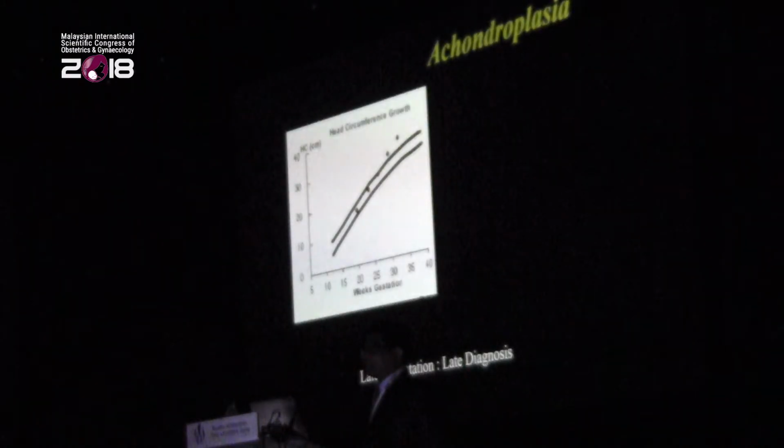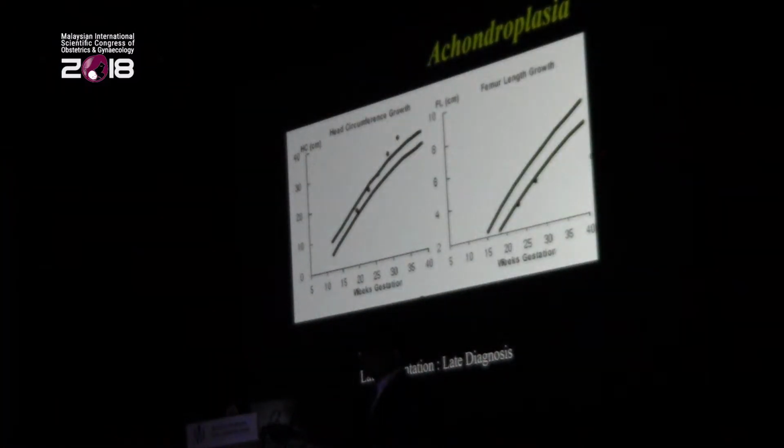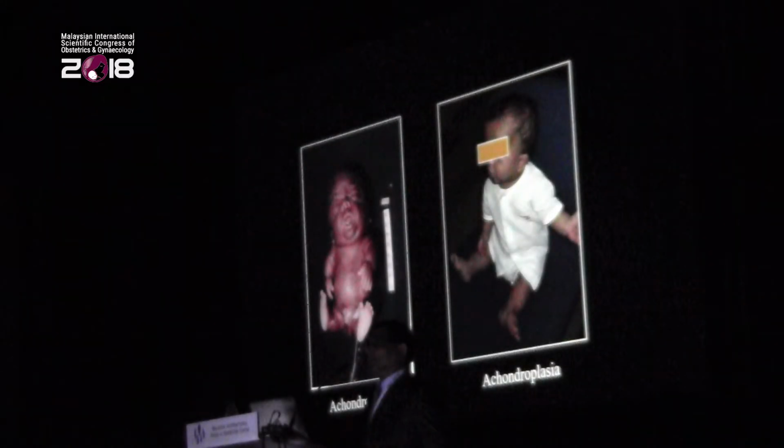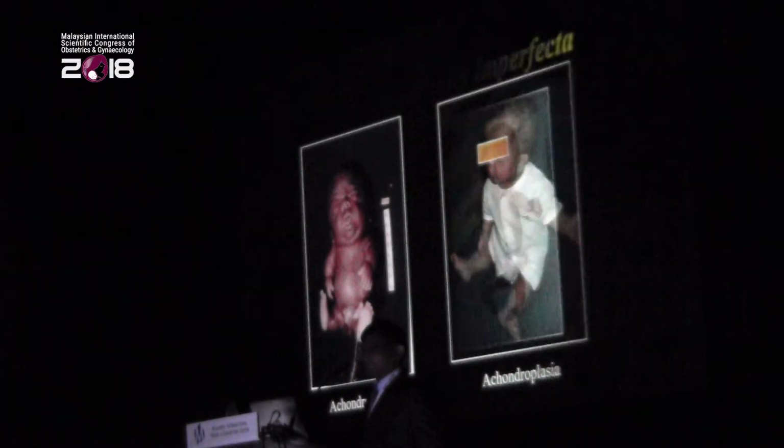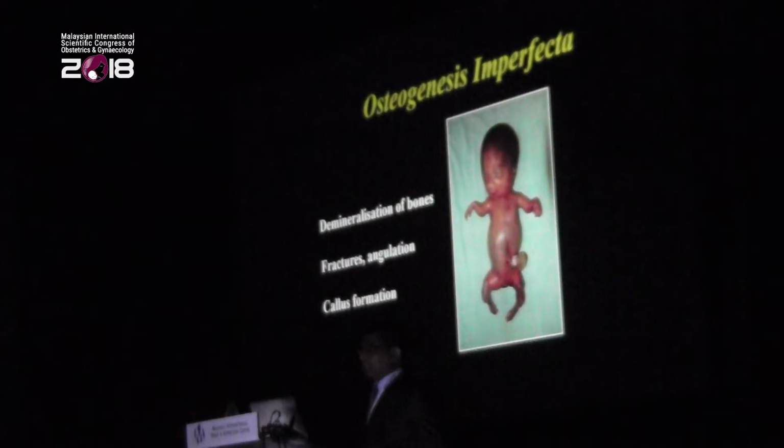Up to 26 weeks, you'll find that the head circumference and the femur length actually appear to be growing at the normal pace. After 26 to 28 weeks, the head size tends to get bigger, and the limbs actually start shortening at that point in time. So one needs to make a clear distinction between achondrogenesis and achondroplasia, because the outcome is going to be totally different. Now, next we move on to osteogenesis imperfecta,